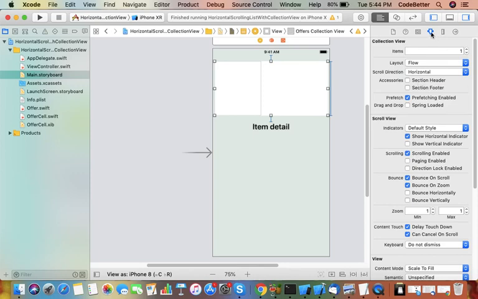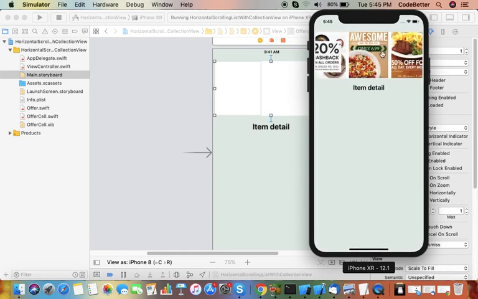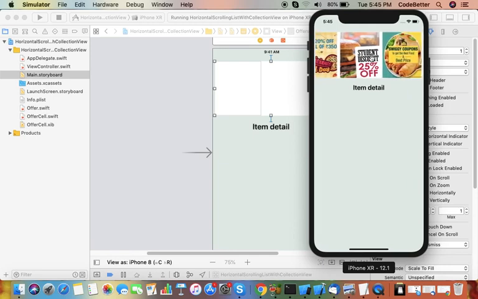So these are the properties of the collection view: scroll direction horizontal and show vertical indicator off. Now let me run again. Okay, so now I can see it is scrolling.